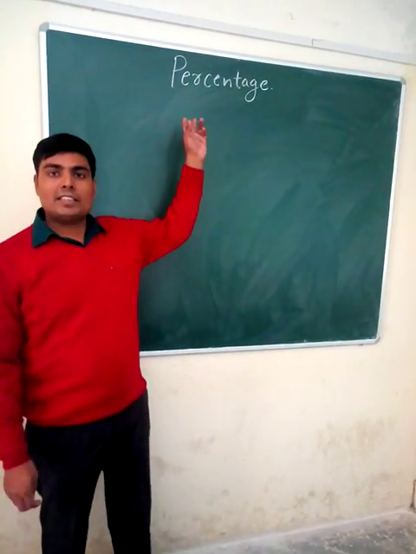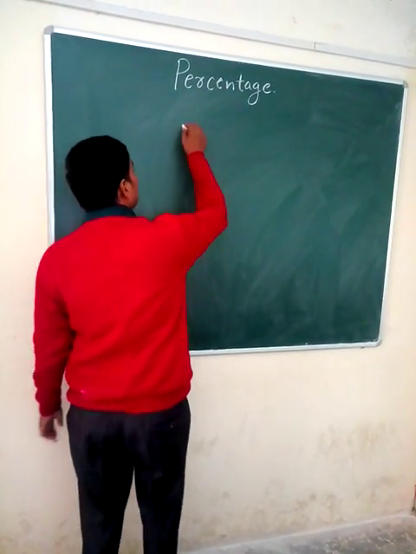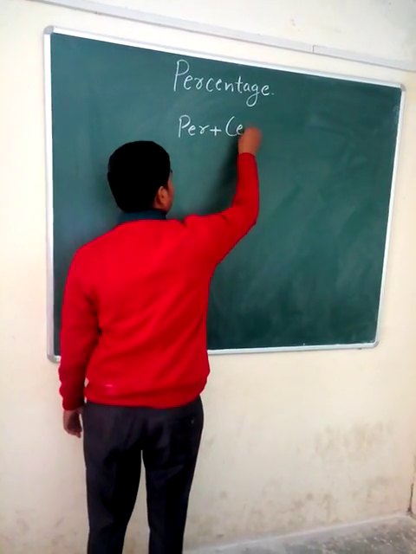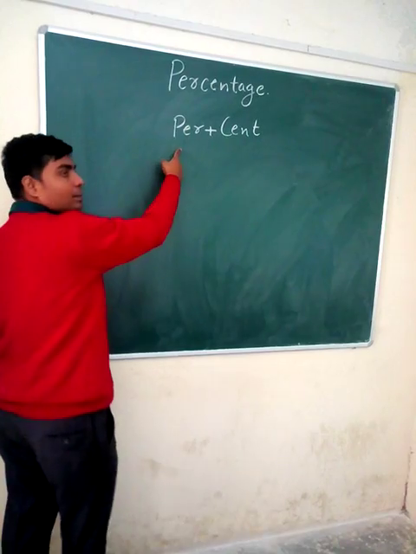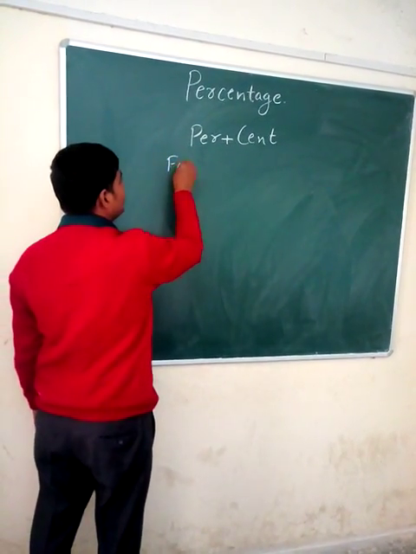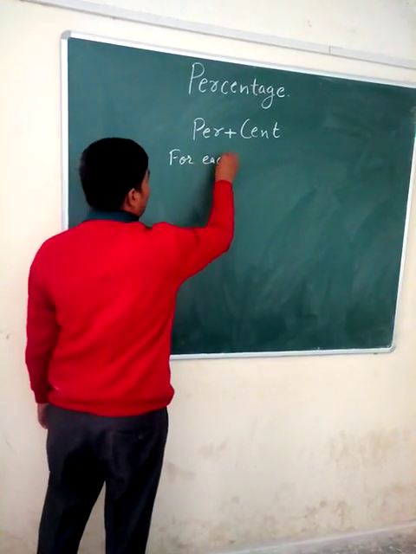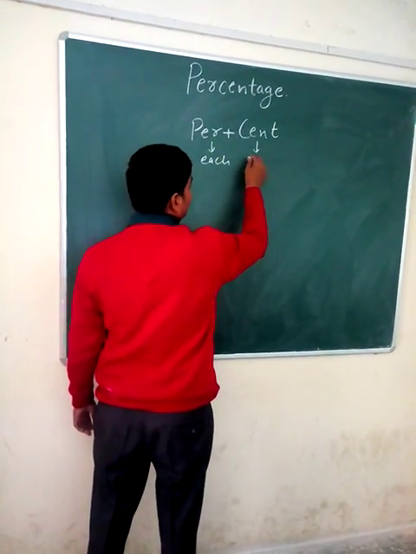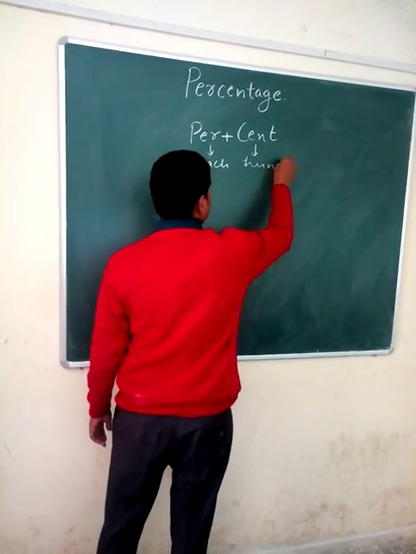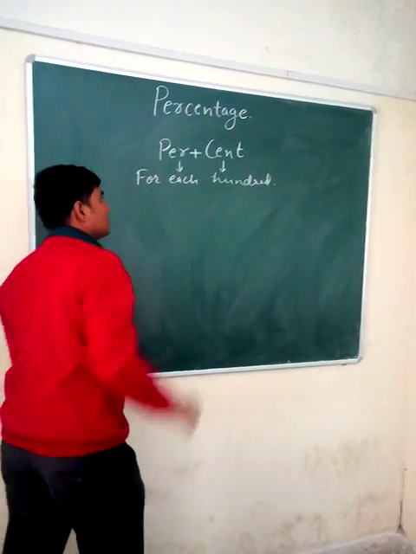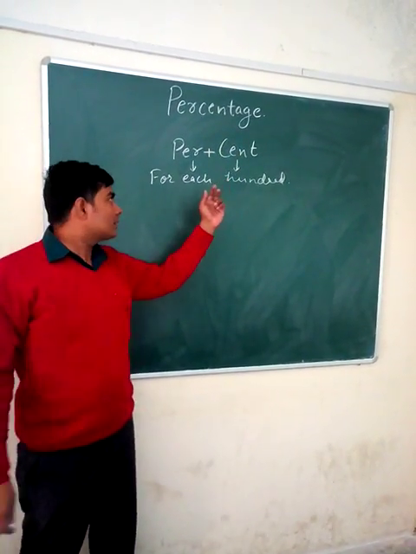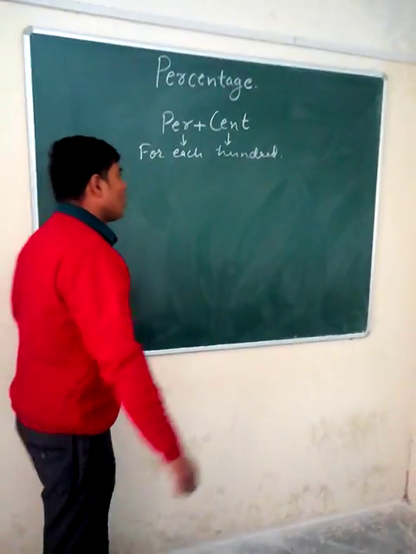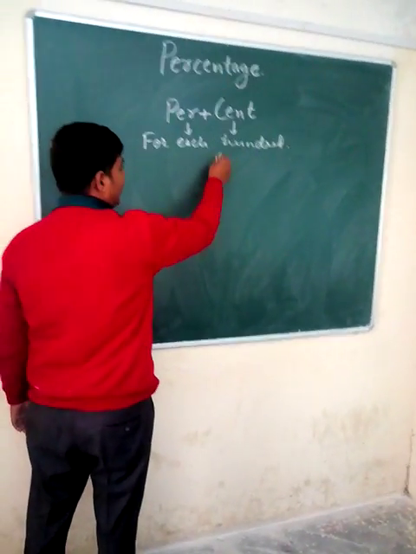This word percentage is made from two words: per plus cent. This per means for each, and this cent means 100. It means percentage means for each 100, and the symbol of this percentage is